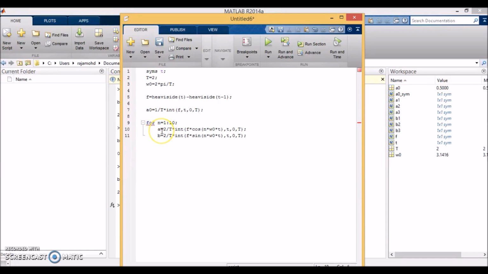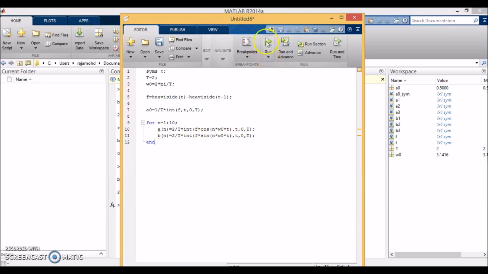So my a braces n equals to this, my bn equals to this one. I end my for loop, so I can get a1, a2, a3 up to a10, and also b1, b2 up to b10. Okay, let's see what happens if we run